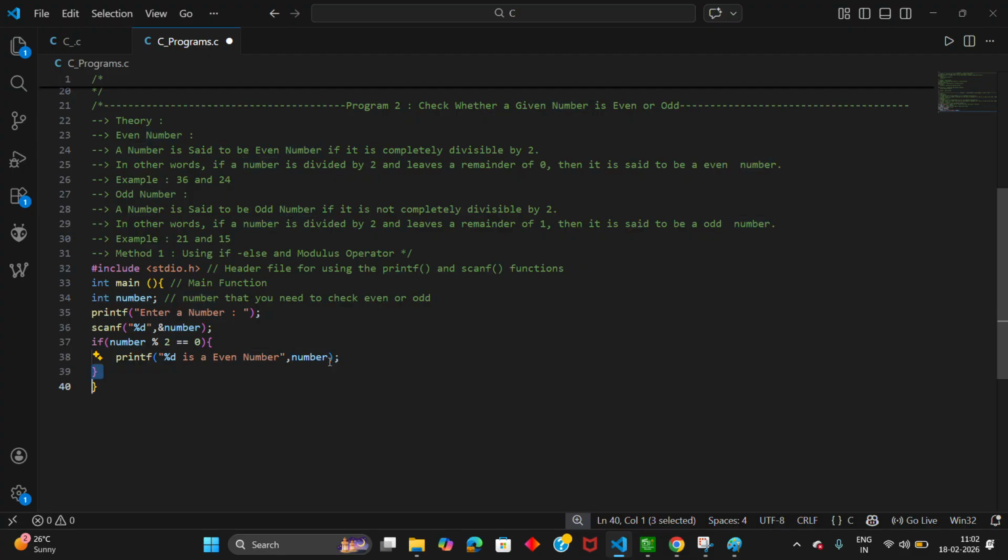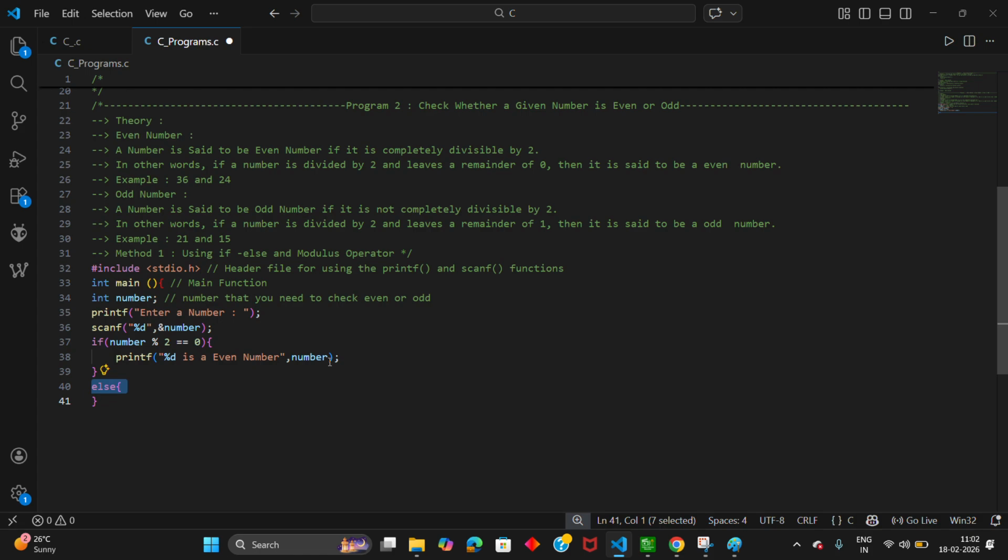Next, else. If the if block condition is true, then the if block will be executed and the else block won't be executed. If the if block condition is wrong, then it will enter into the else block. In the else block you need not specify any condition.